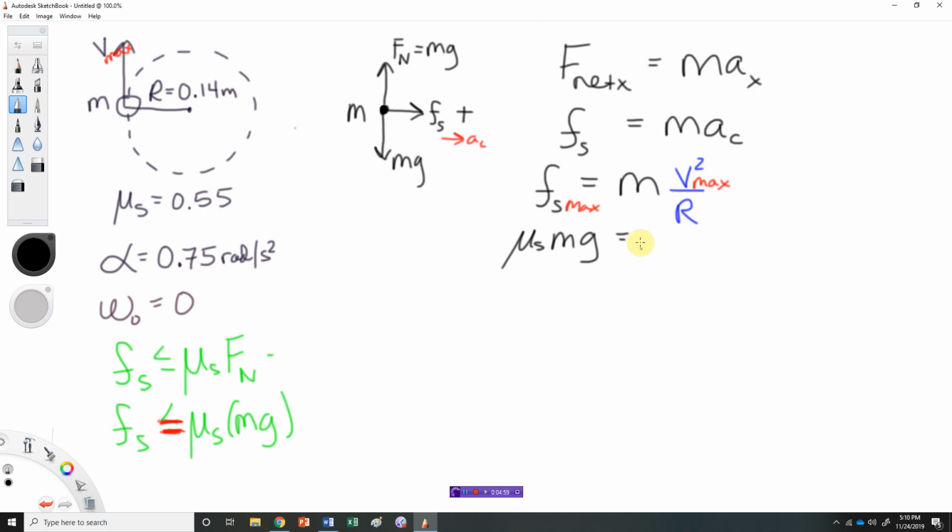Then on the other side, we still have the other stuff. Note, we have a nice m on both sides. They go away. This is good because I never told you the mass of this penny. So that means